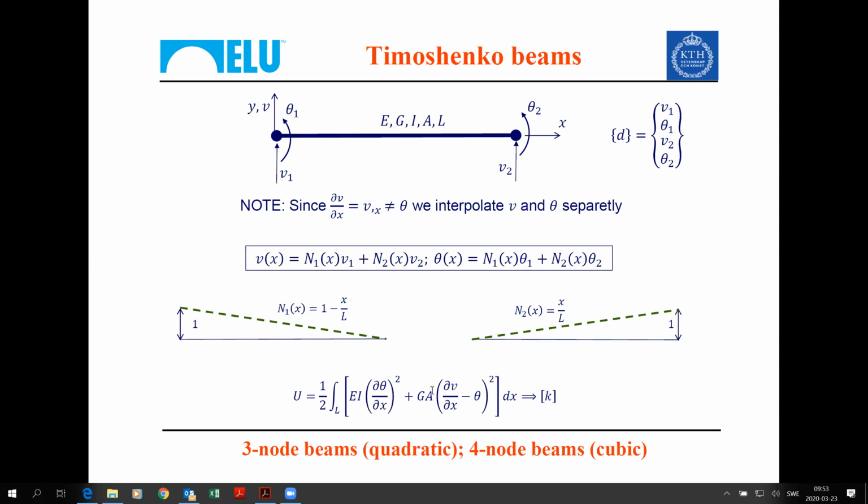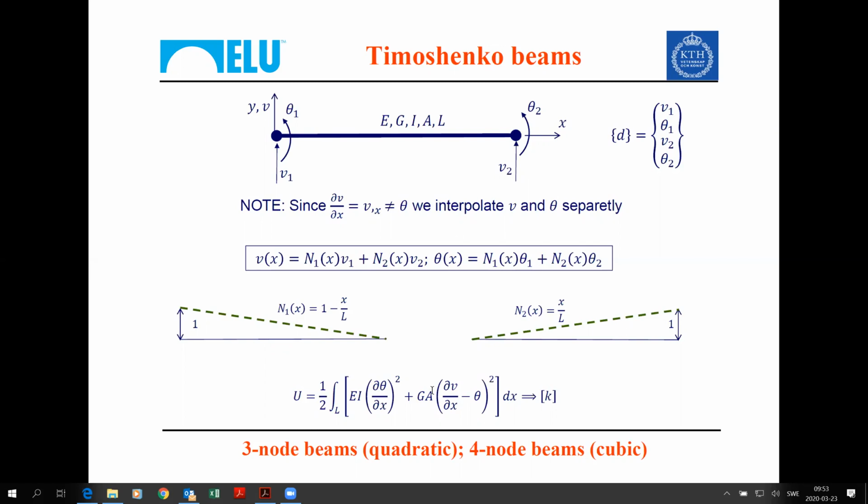So we will have to interpolate separately V of x, and then we will have to interpolate also theta of x. There is no connection between the two. dV dx is not theta of x. So now, at each node, we only have one condition instead of two,